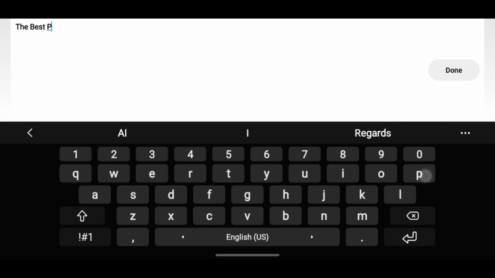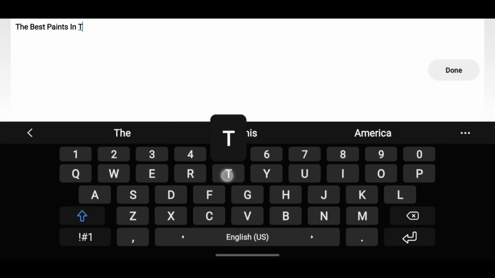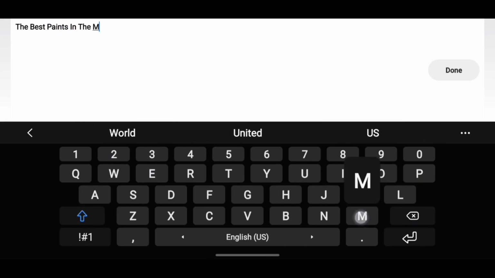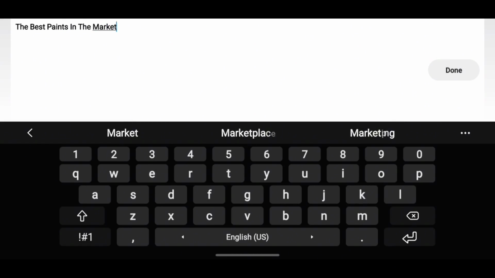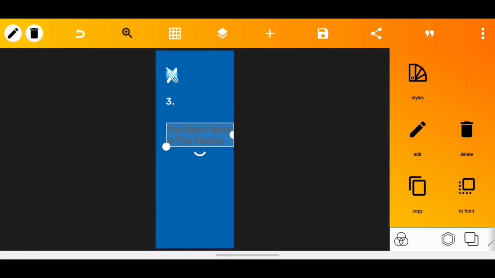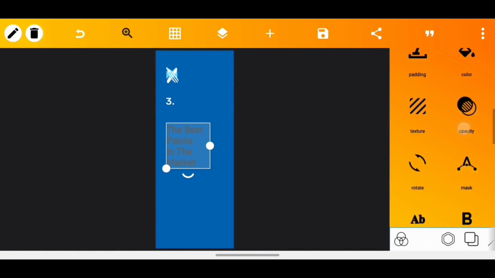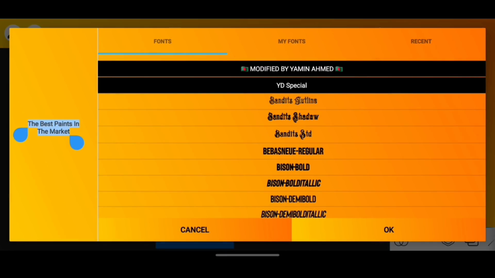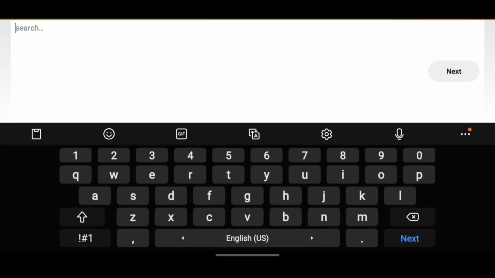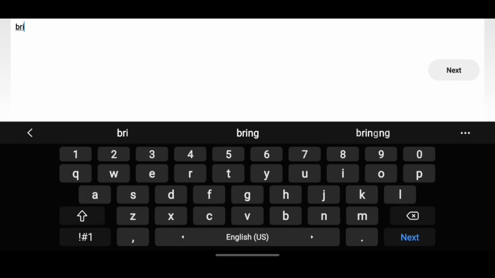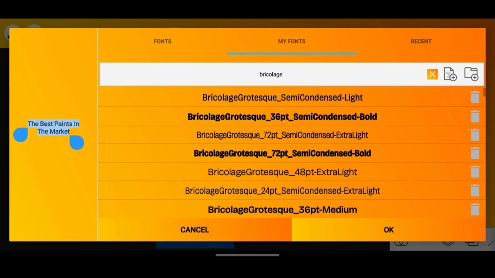You know, the brand is a paint brand. Like they paint and they sell paints too. So the best paint in town, the best paint in the market. Yeah, then you adjust it, and the font we'll be using, because the font of the brand is Bricolage Grotesque. So I'll search for Bricolage from my font, and I'll